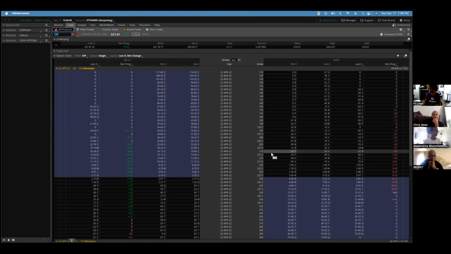Anyone familiar with CAT? Yeah. They manufacture construction and mining equipment. So I think based off the gas prices going up,